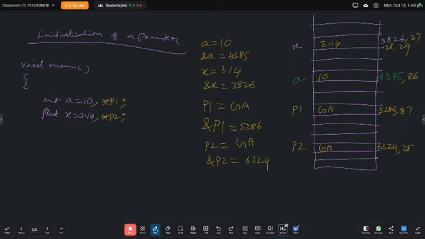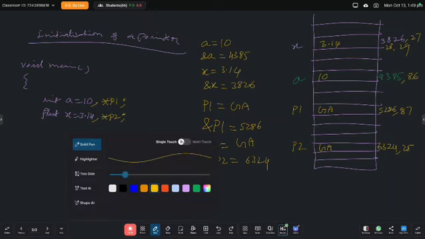So let us assume, give the address of A to P1. How do I assign a value to a pointer? A is equal to 10, B is equal to 20, C is equal to A plus B. That is how we have written the expression, right? Similarly, the expression is going to be like this. What I am going to have is the expression